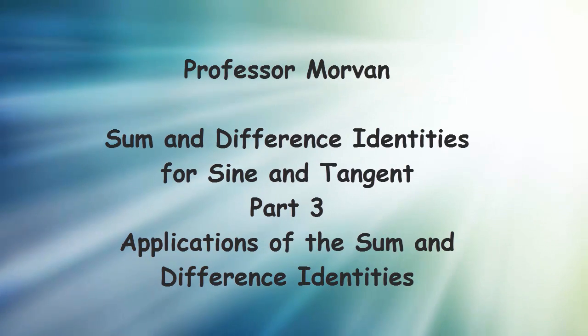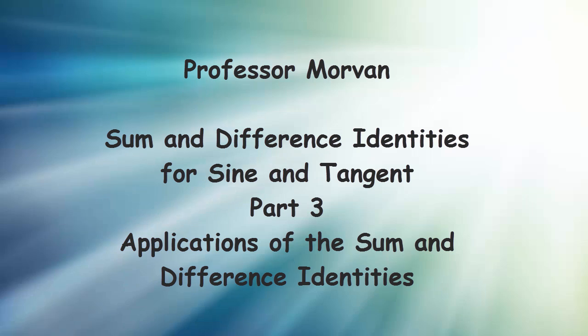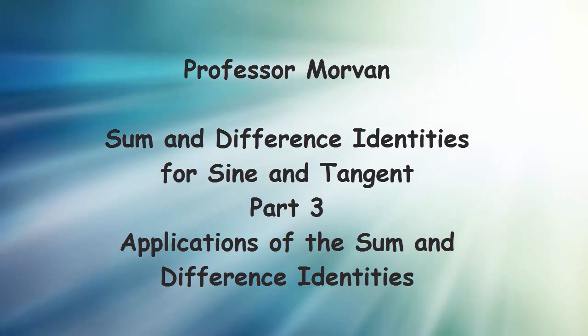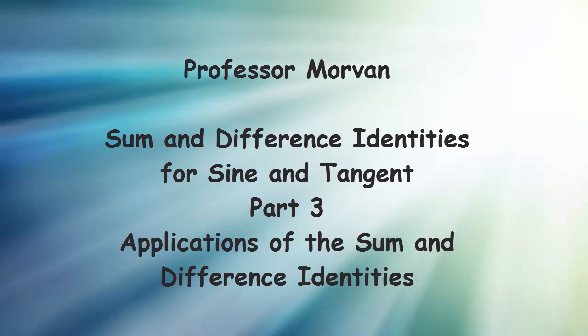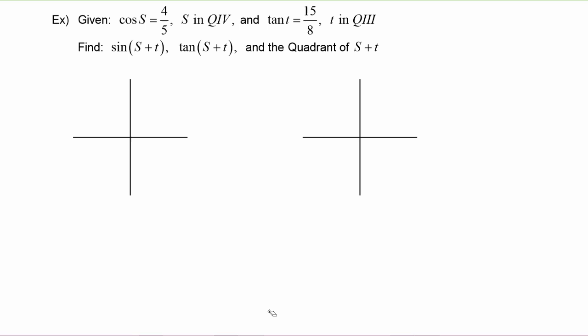In part 3 of our lesson on sum and difference identities for sine and tangent, we will do applications of the sum and difference identities. In this example, we are given that the cosine of s is 4/5 and s is in quadrant 4. So s is this angle here in quadrant 4, and we know its cosine is 4/5,